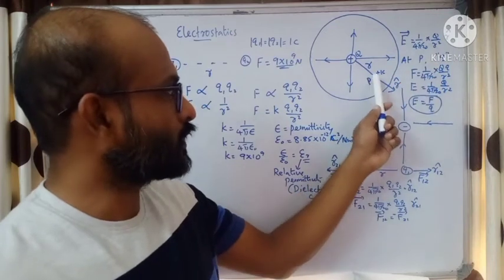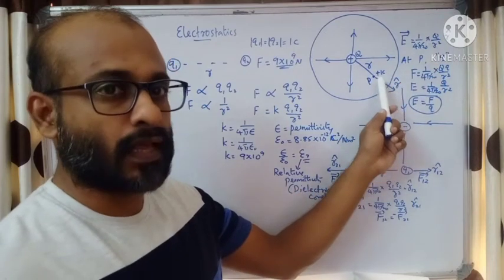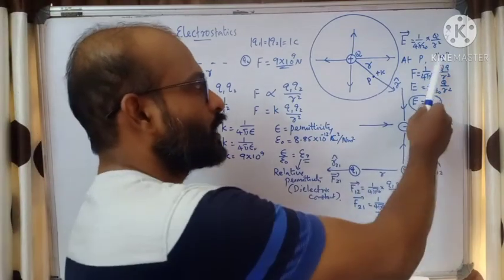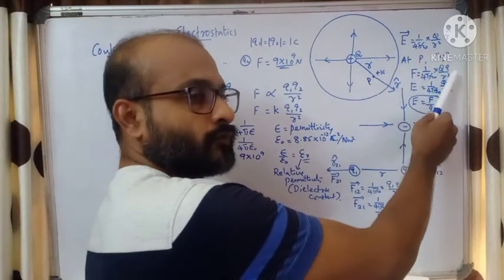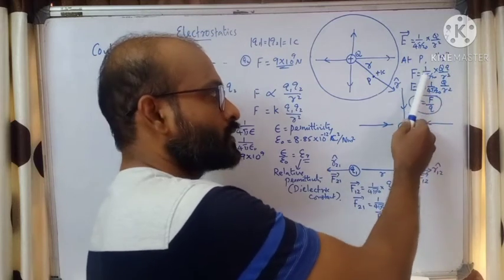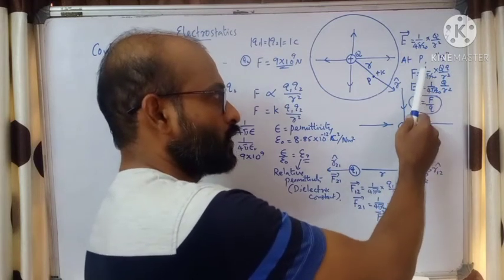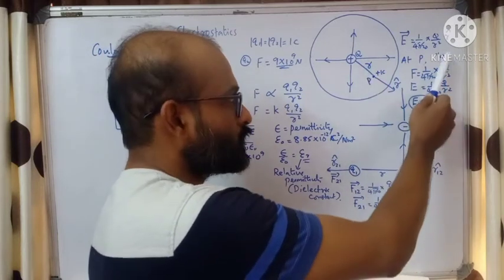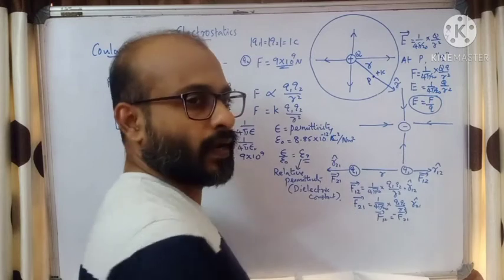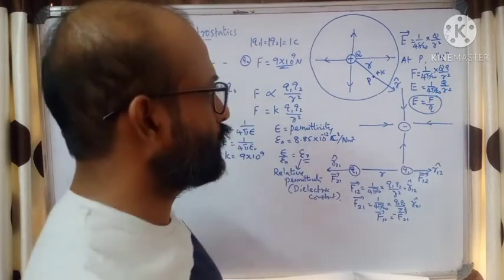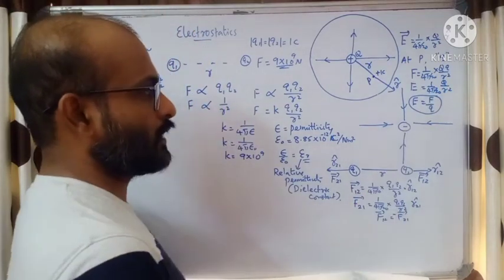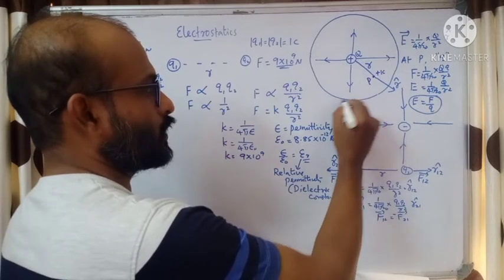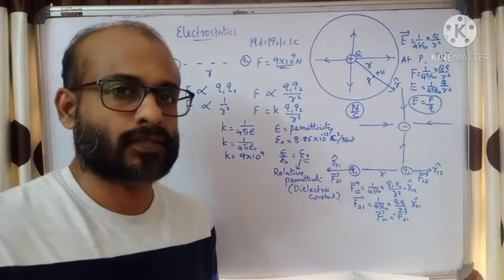For a positive charge, the unit vector is directed away. This is the direction of electric intensity. Now, if you place a charge Q at this point, it will experience a force. How are this intensity and force related? The intensity is equal to force divided by the charge which you kept there. Now, what will be the unit of intensity? It is force by charge. We have a unit Newton per coulomb. Newton per coulomb is the unit of electric intensity.